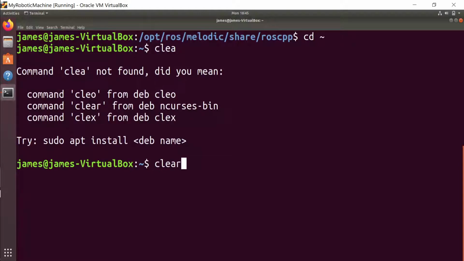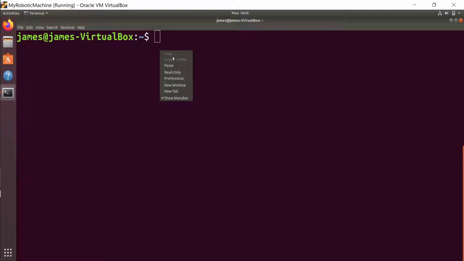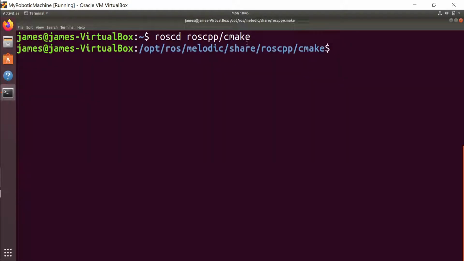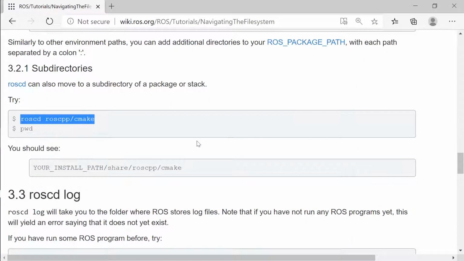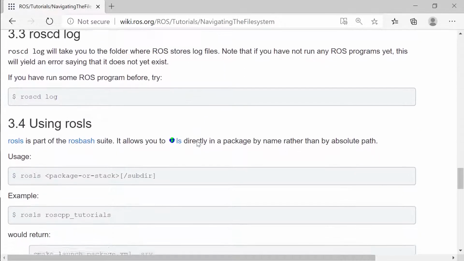Let's say you want to go into a subfolder of the package. We can say roscd roscpp/cmake. We have already seen there's a folder there. If you see now, you are already in the cmake folder. Even if you type pwd, present working directory, it will show you the same thing. This is a quick way to move around folders. That is what this tutorial is all about.